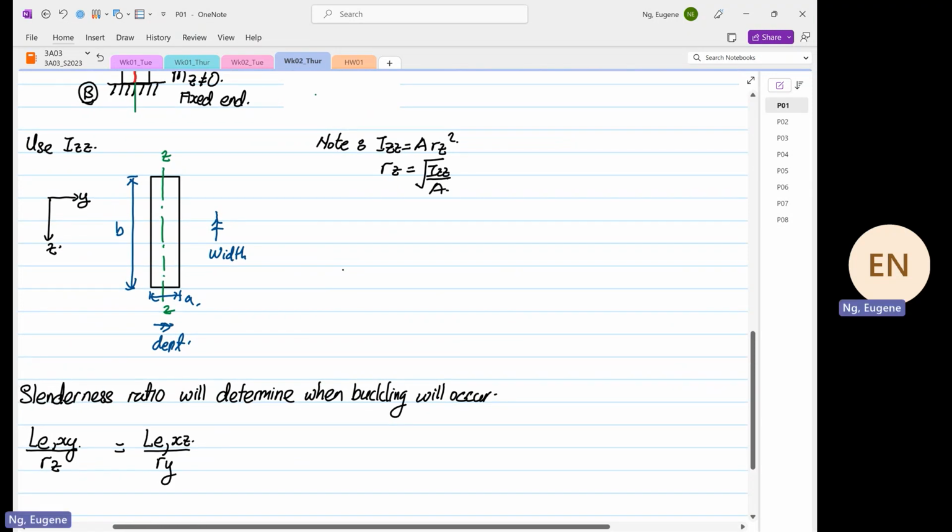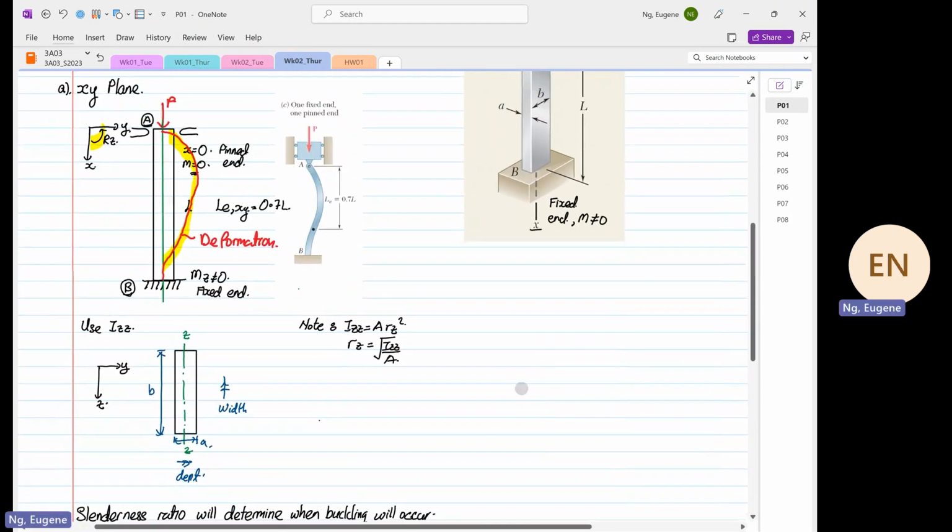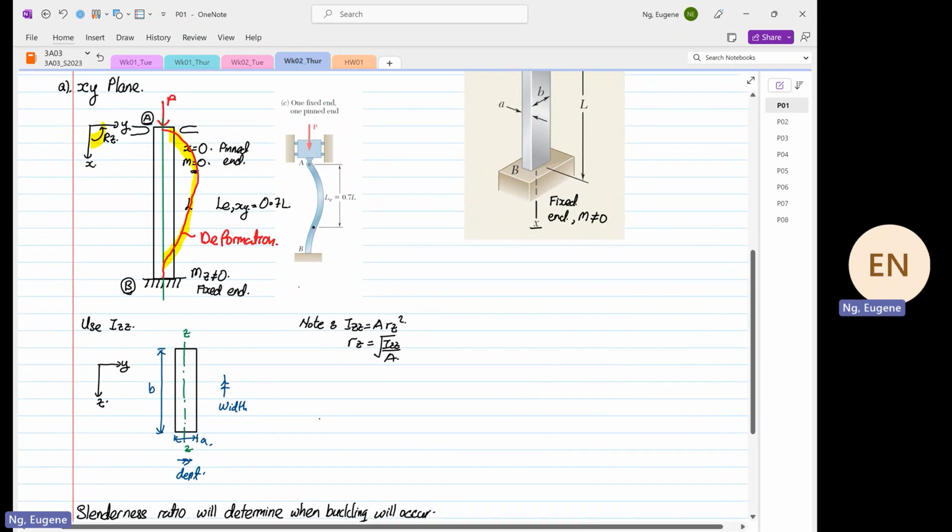So to satisfy the optimum dimension criteria, for now we know along the XY plane the equivalent length is